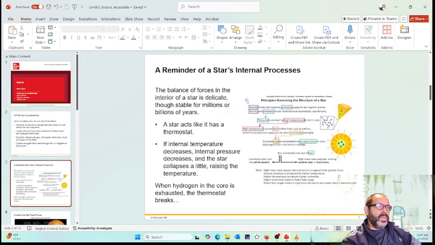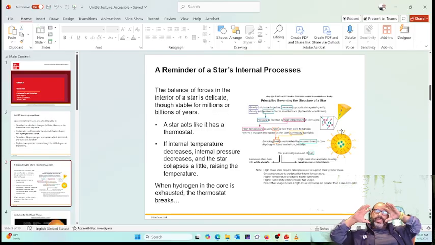So again, the hydrostatic equilibrium, we talked about that in several units before. That's the balance between gravity and pressure. And this too will maintain the star in its form. If it's a low mass star, it has to compress to higher densities to allow for the temperatures to become high enough so that it maintains its equilibrium. Whereas for a high mass star, you really don't need that much because you have plenty of material in there. Okay. So, but this acts as a thermostat. It's very, very important to understand this. Let's say, for example,